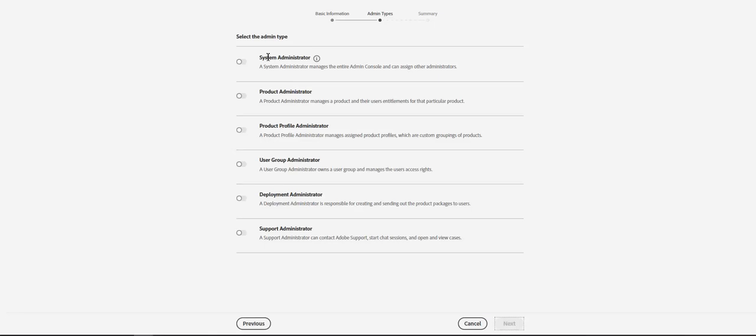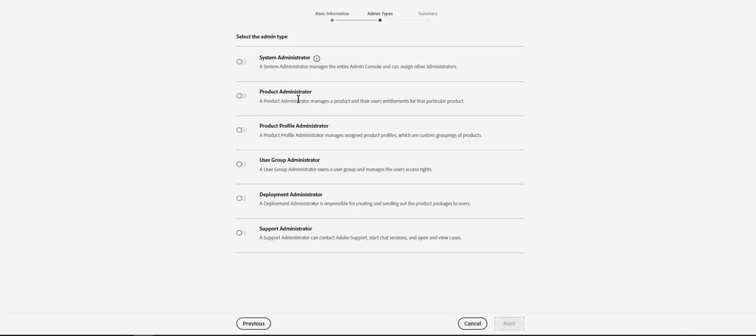This admin has the permissions to add another admin, delete an admin, add users, remove users, and manage user groups. So he has full control on this admin console. If you give someone system administrator rights, he should be able to control everything on the console. So the second admin we have is the product administrator.